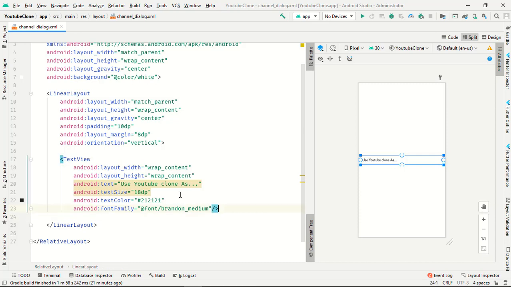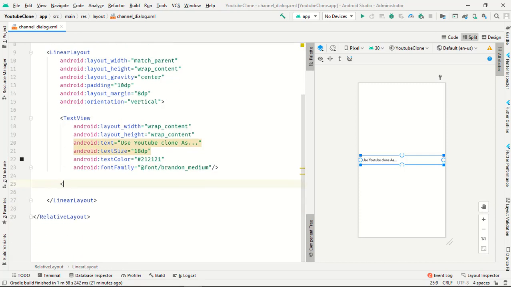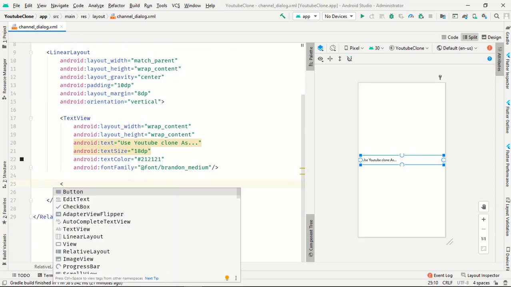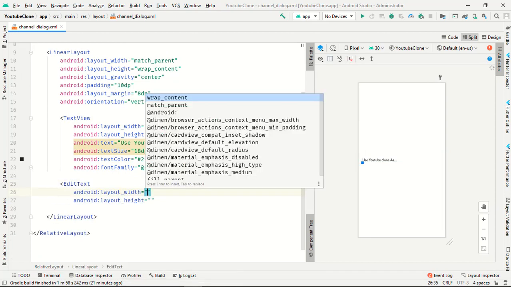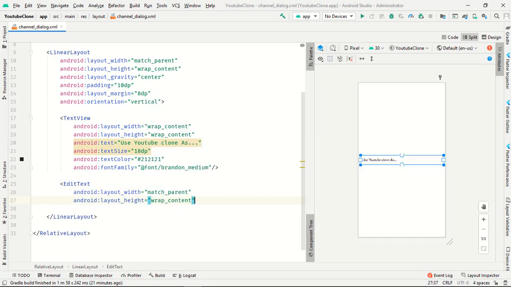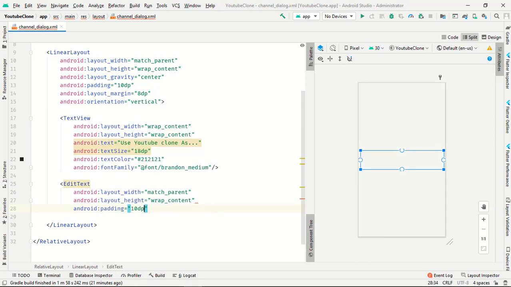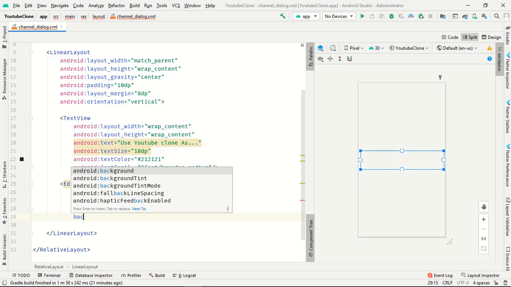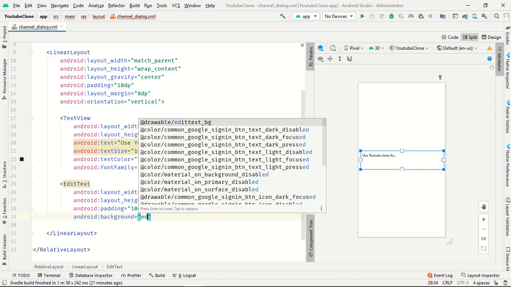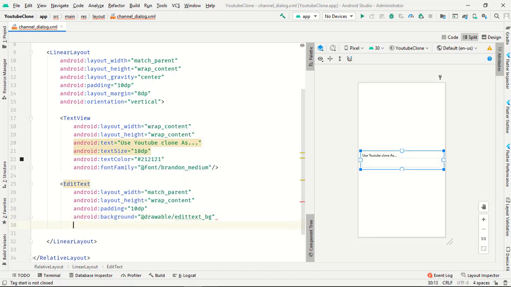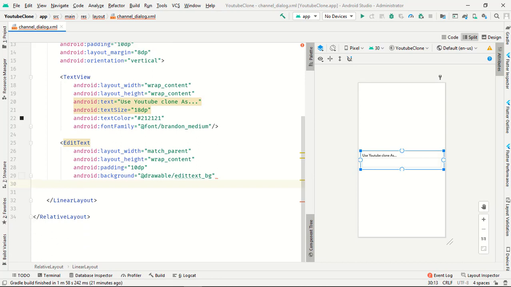Now the actual thing we need is an edit text, match parent, wrap content. Its padding will be 10 dp and background will be the edit text background. So I think you understand now what will happen with the edit text.